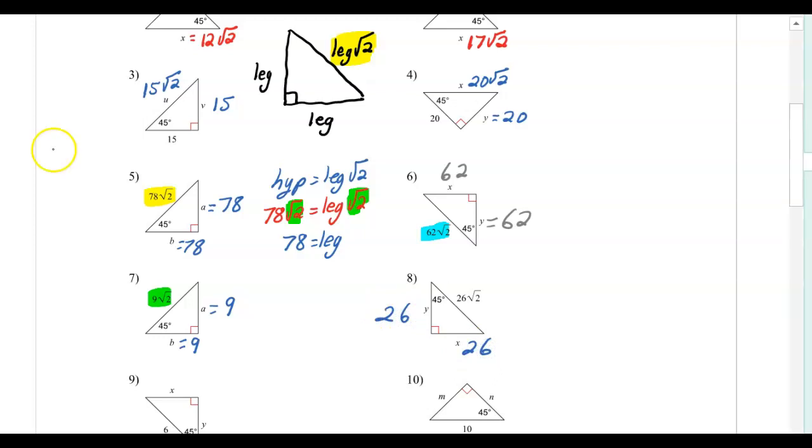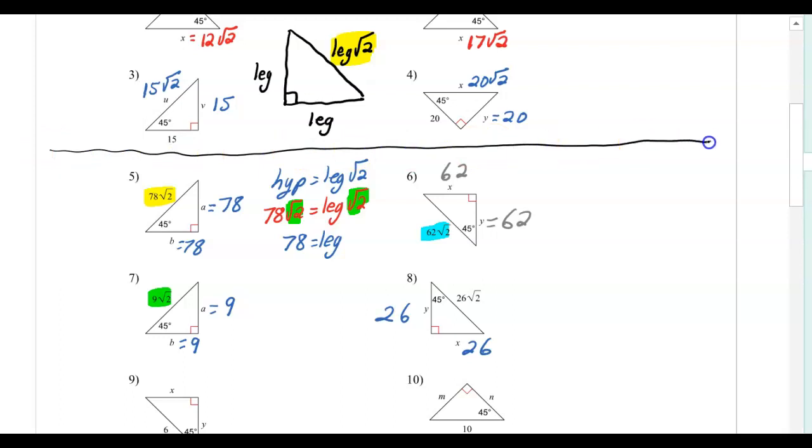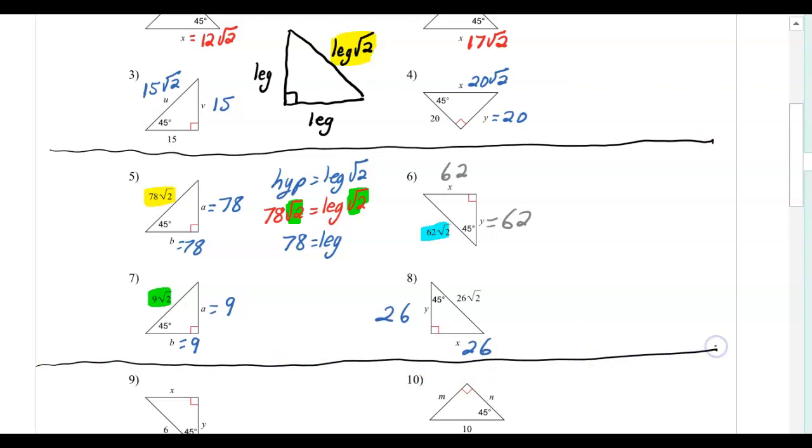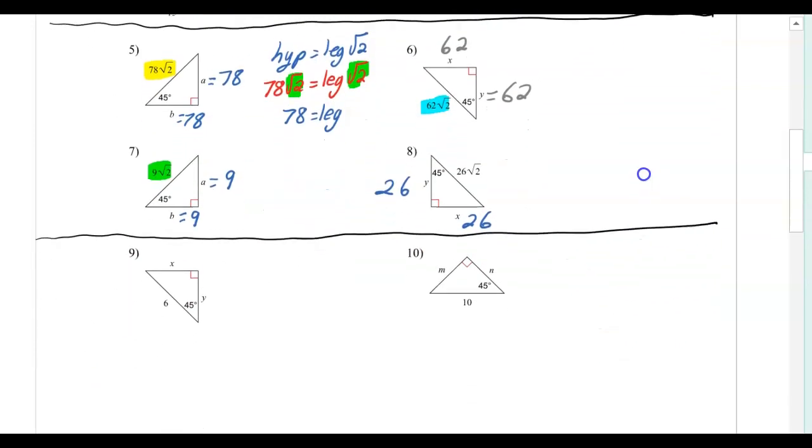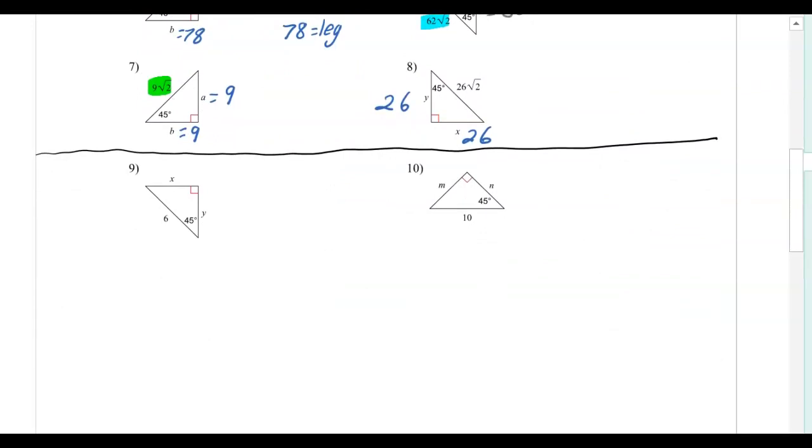So I organized this worksheet so problems 1 through 4 were all very similar. Problems 5 through 8 were also similar. And then the other relationship we learned, I'm going to redraw it down here. When you are told the hypotenuse, to figure out each leg, you take the hypotenuse, divide by 2, and then multiply by the square root of 2. So for problem number 9, y